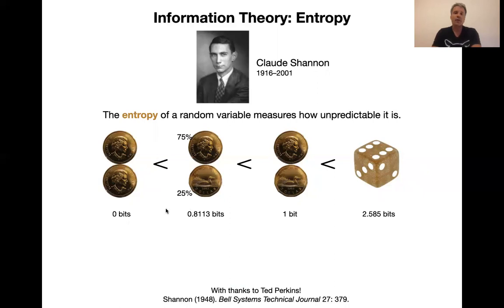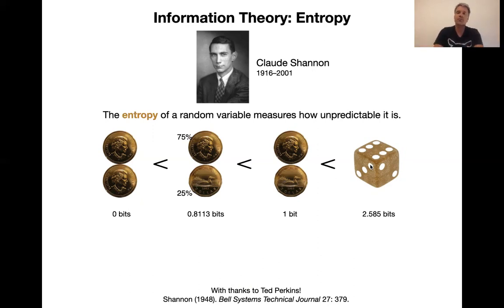While if you have a biased coin that falls 70% of the time on the head and 25% on tails, it has this intermediate information content. If you have a fair coin or a fair dice, then you get full information. So 2 sides of the coin, you get 1 bit of information out of throwing it. If you throw the dice, you get 2.585 bits, because the die has 6 sides, and you're less and less